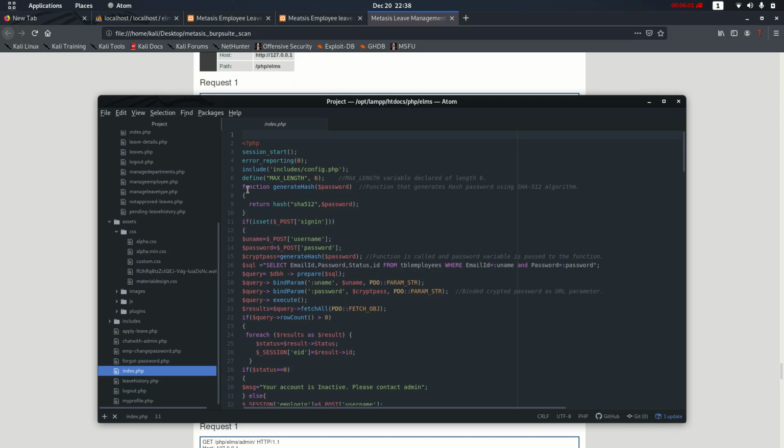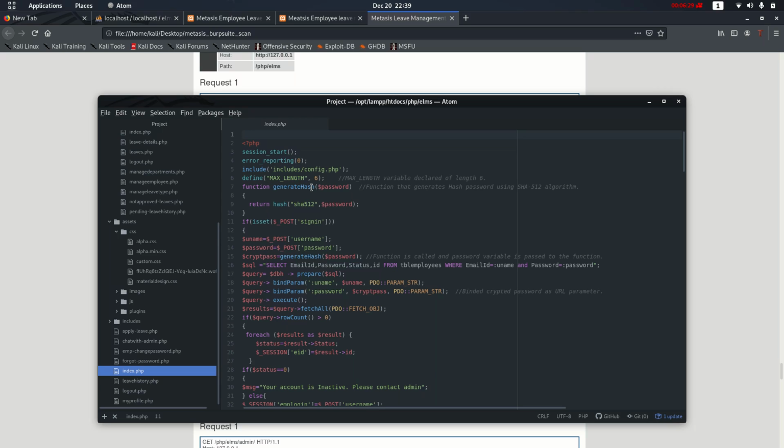As we can see here, there is one function with the name generate hash. Basically, I have implemented the SHA-512 algorithm. The reason behind using this algorithm is that it provides the best security for the user credentials, because SHA-512 is a one-way hash.